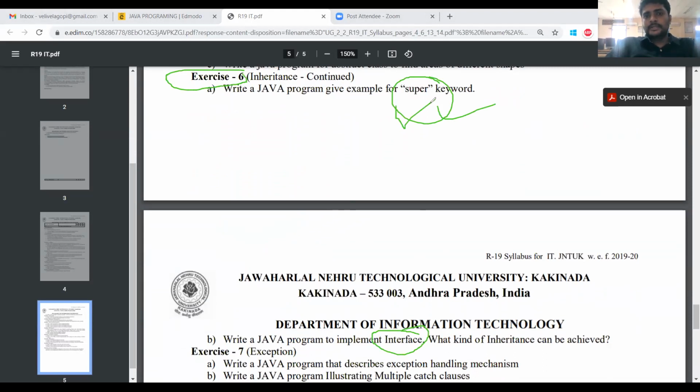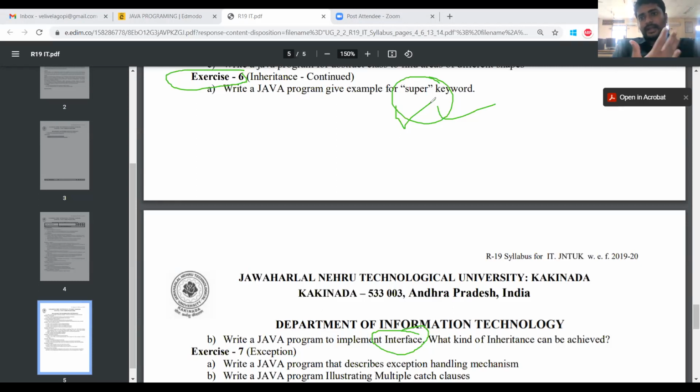So let us check the main purpose of the super keyword. The main purpose of the super keyword is to differentiate the variables or methods defined in the base class as well as the subclass. That means in inheritance, the same method can be used by the subclass also.